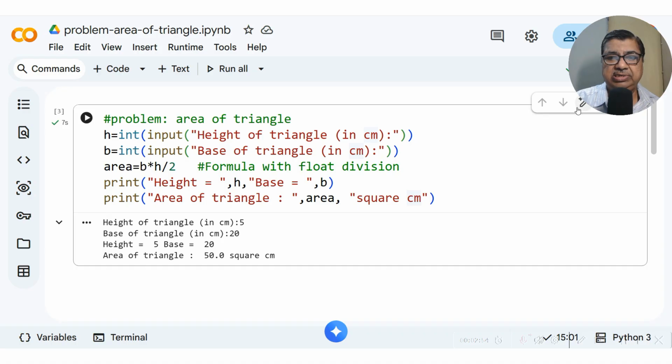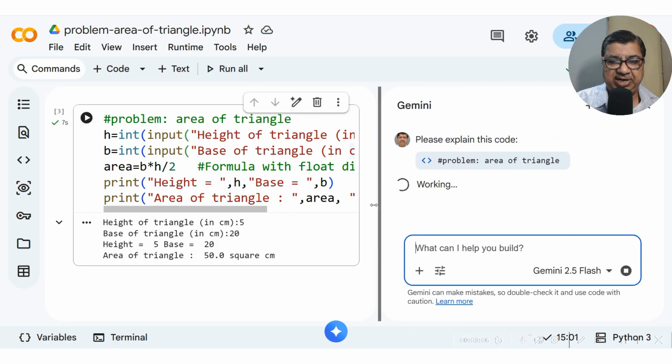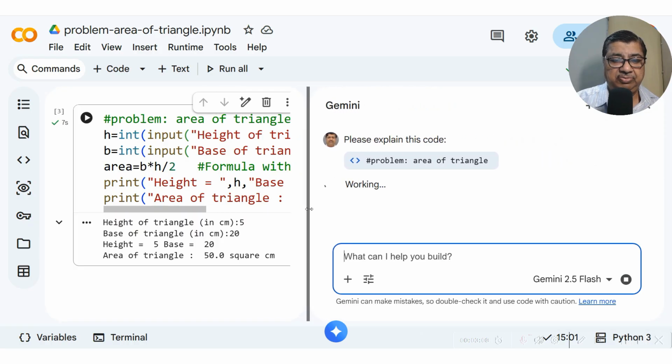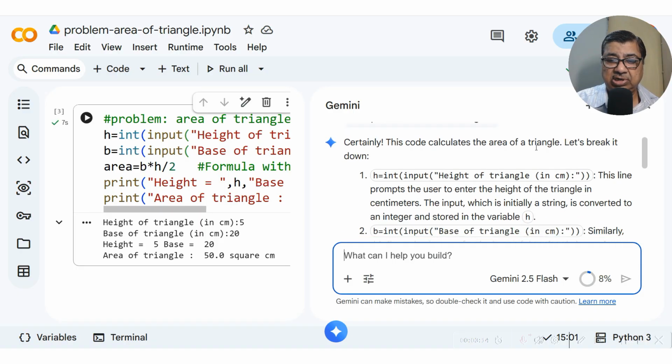So we will now understand the explanation of this code. Let us see. Basically this problem solving and the formula building should be explained here, how it is done. The problem is area of triangle. We can have various types of problems. The code calculates the area of triangle. Let's break it down.